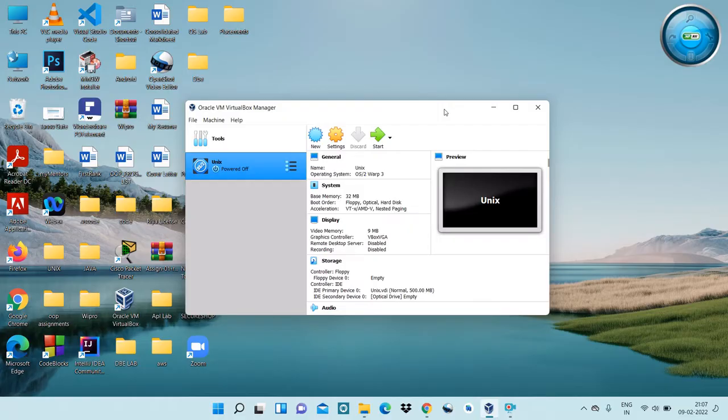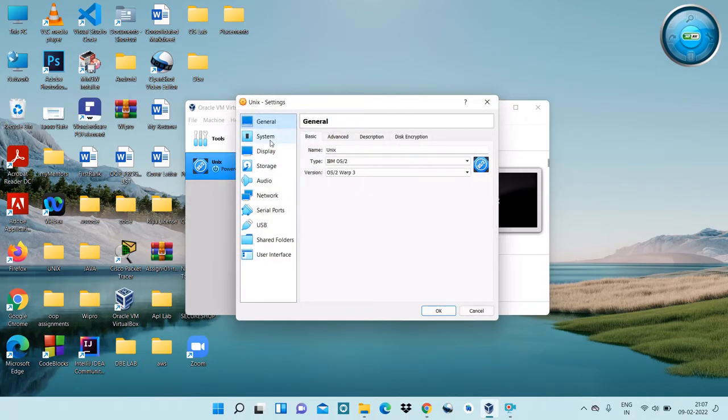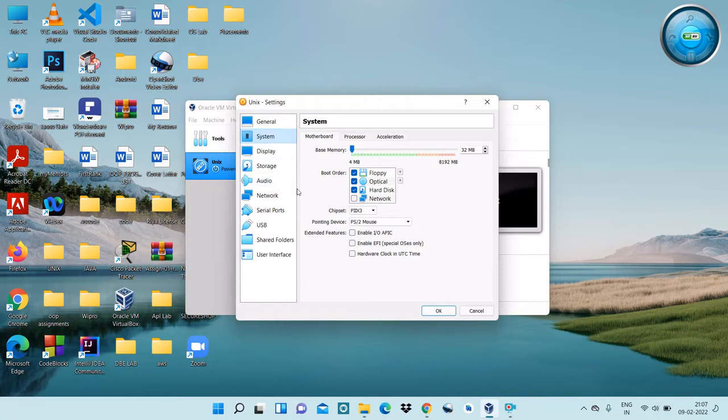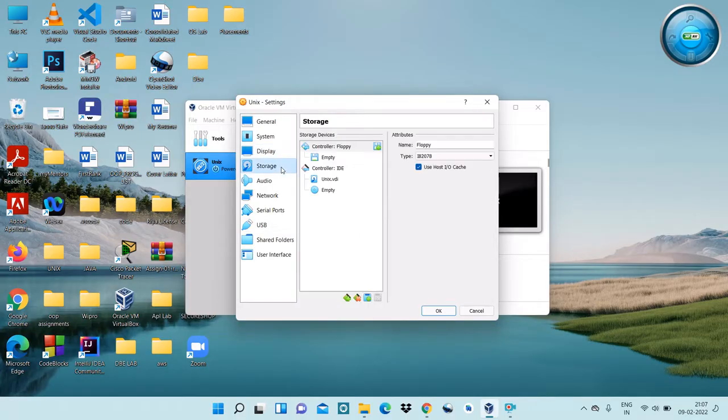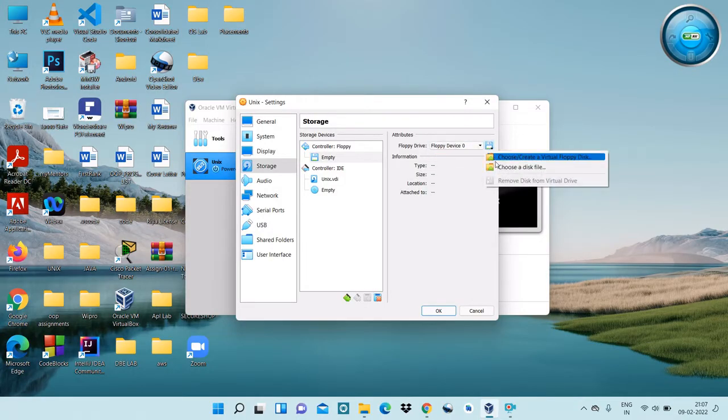So now what we will do is we will configure a few settings. So firstly for that we will click on the settings icon here, and firstly we will select this setting, and here we will check this network, and after that we will disable audio and USB, both of them, and after that we will keep other settings as default, and we will go to storage here, and we will click on empty, and here we will select choose a disk file option,